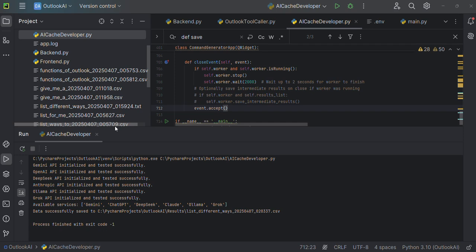So I thought I'd show you here that I got the Gemini, which is Google, ChatGPT's, Deepseek's API, Anthropic API, Ollama, which is my local one, which is free, and Grok API as well. So I tested them all, got them all working, and what's neat is that the Gemini is free. It took the longest to set up, and the reason why is because